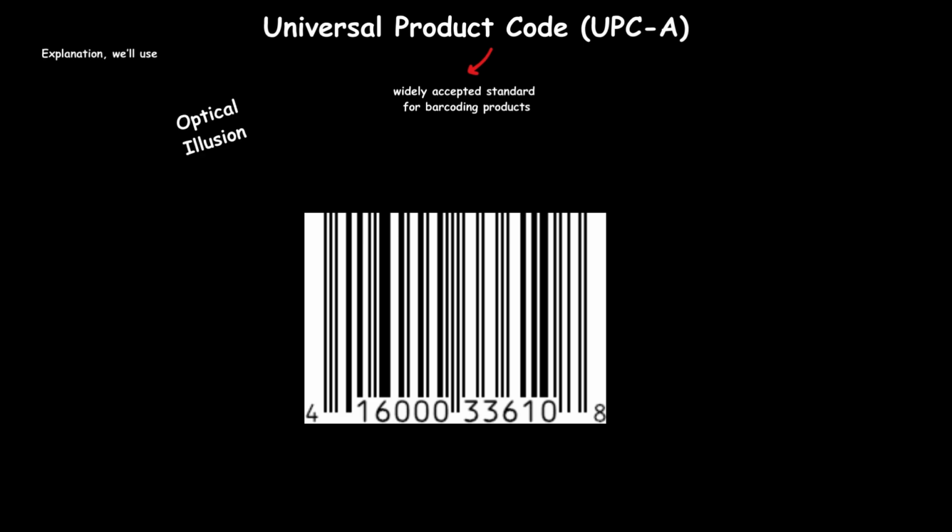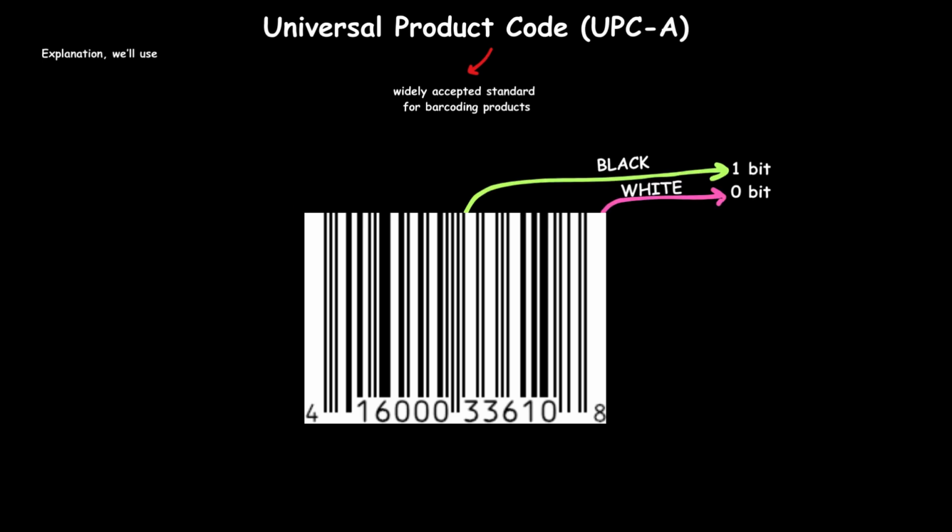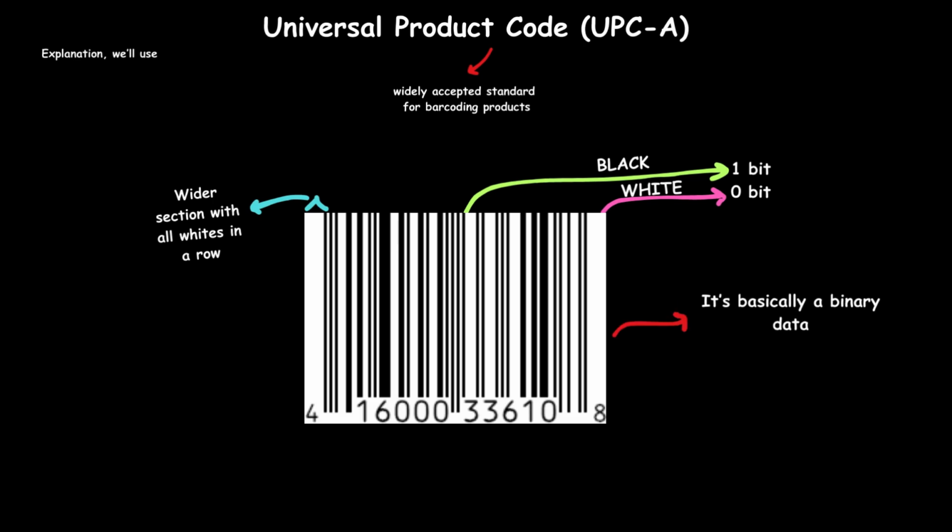But this is an optical illusion. There are actually 95 identical columns that can be either black or white. Blacks are 1 and whites are 0. Wider segments of the barcode are simply made up of multiple columns of the same color right next to each other. Because the columns stand for ones and zeros, barcode information is binary data, like all other digital information, no